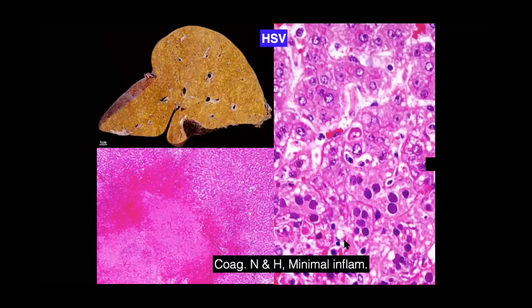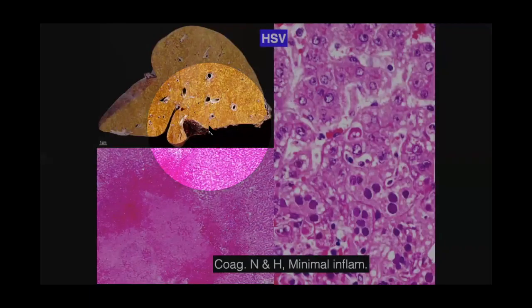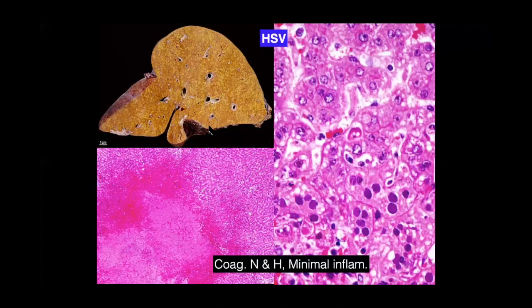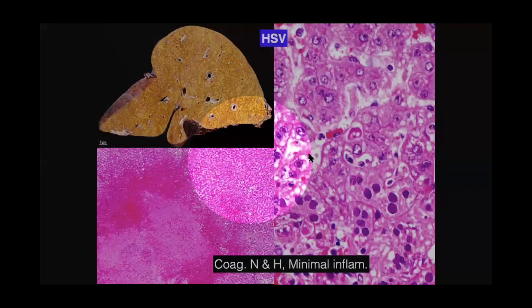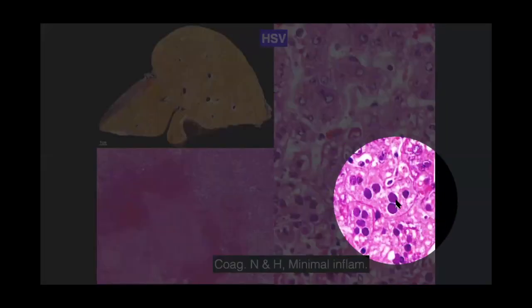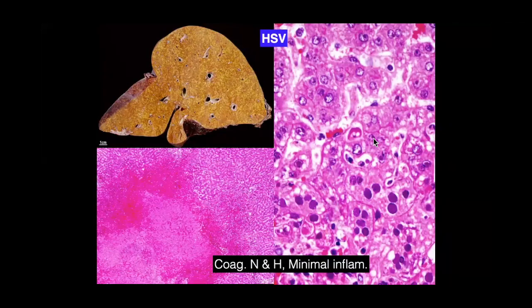So this is a case of HCV. See how the liver is very much smaller in size, grossly. It's collapsed liver. Okay. And this is because of extensive necrosis. And if you see carefully in the thin rim of viable hepatocytes, you can see the eosinophilic inclusions. So this is HSV infection.